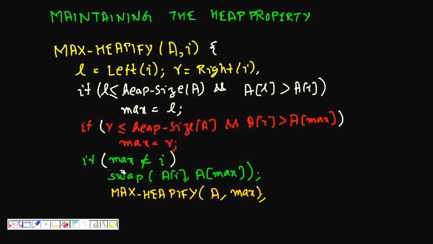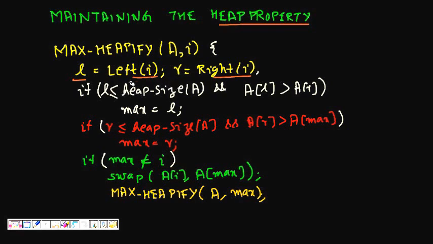So we will take a look at the algorithm. What happens at each node? This is maintaining the heap property at a given node I. The array for the heap is given and the node index is given. We have to check, for the heap starting at this node, whether the max heap property is satisfied, and if it is not, we have to correct it. So we find the left of node I and the right of node I.